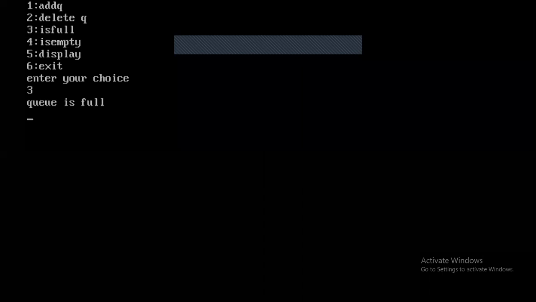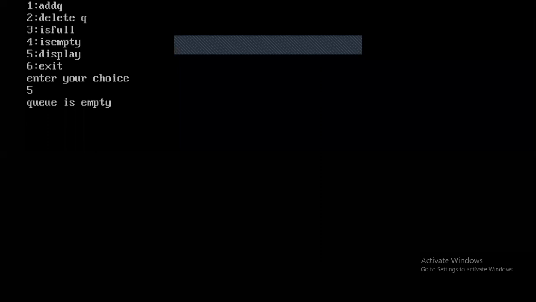If I call display, there are no elements. If there are no elements, it should be possible to insert, but here it is not, because when rear is greater than or equal to size minus 1, the queue is full. That is the problem of linear queues.